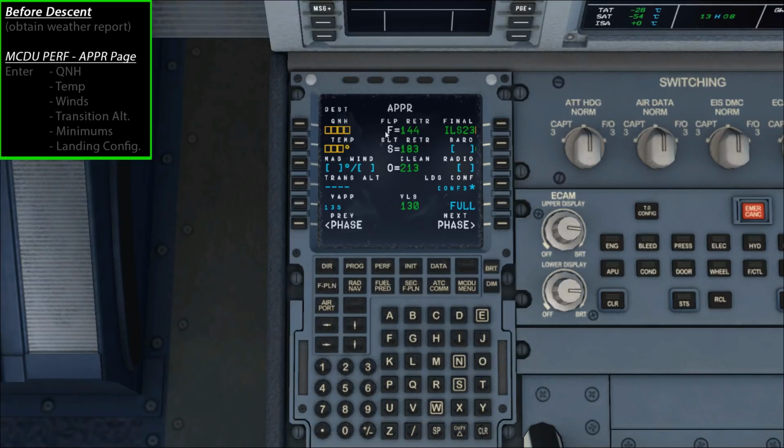So the reason we need to do this is because the flight computers need to calculate the weather conditions at our destination, and that helps us to figure out the landing configuration and performance for the aircraft there. So the first thing we need is to get a weather report at our destination airport and then enter in